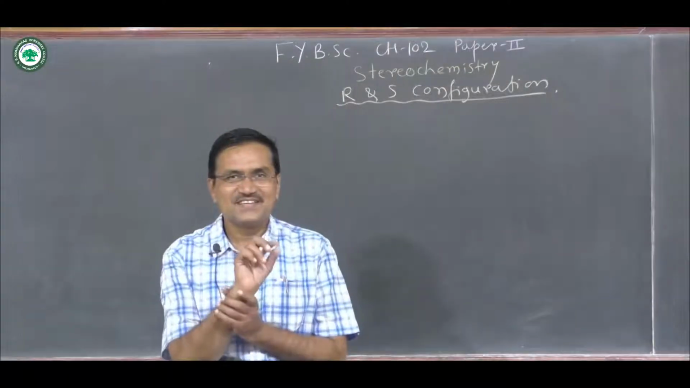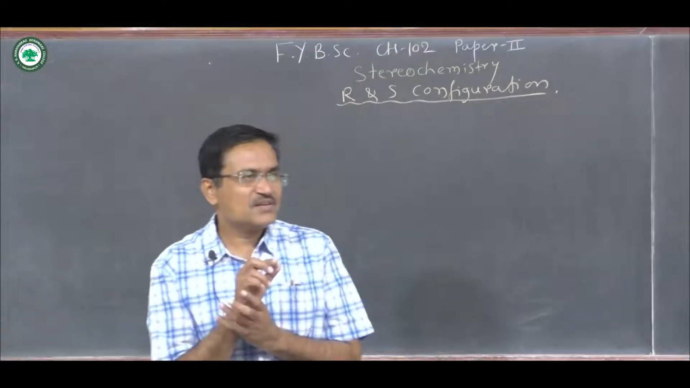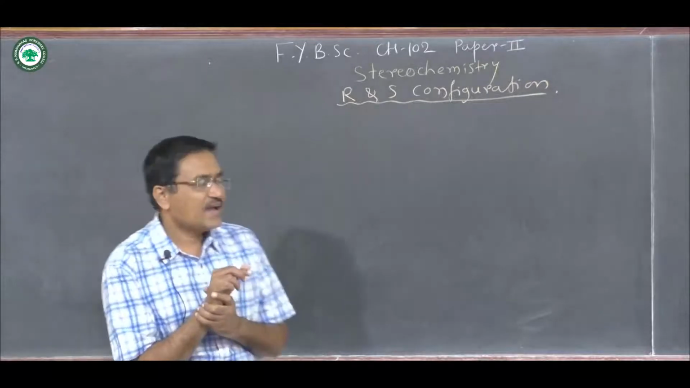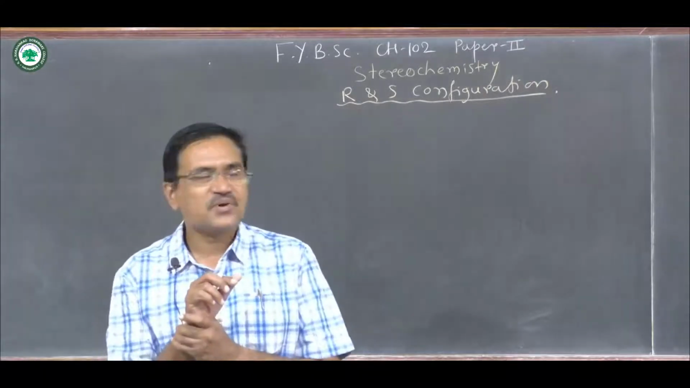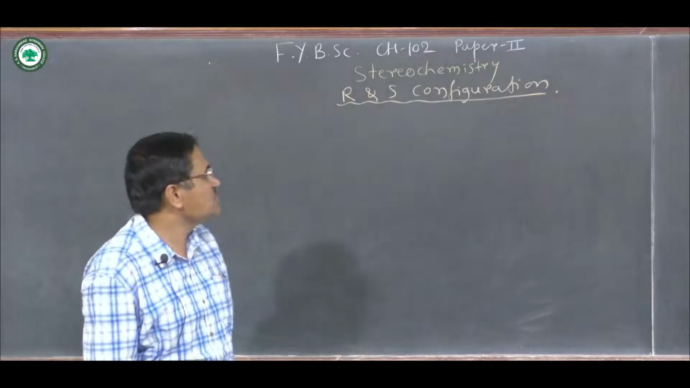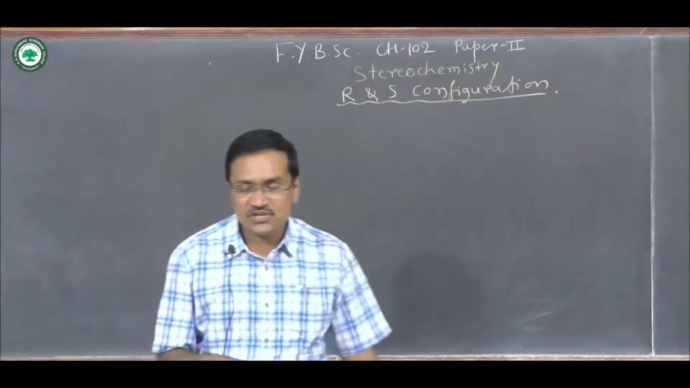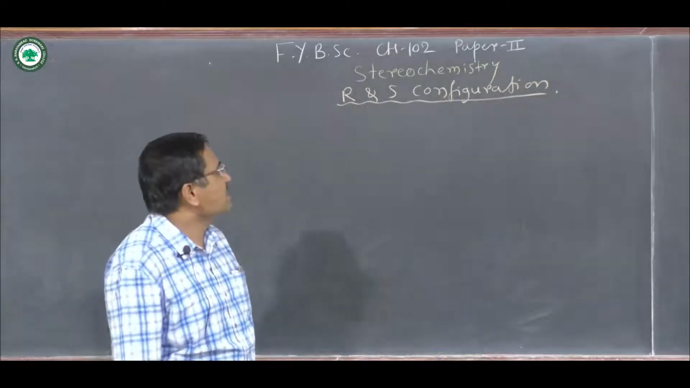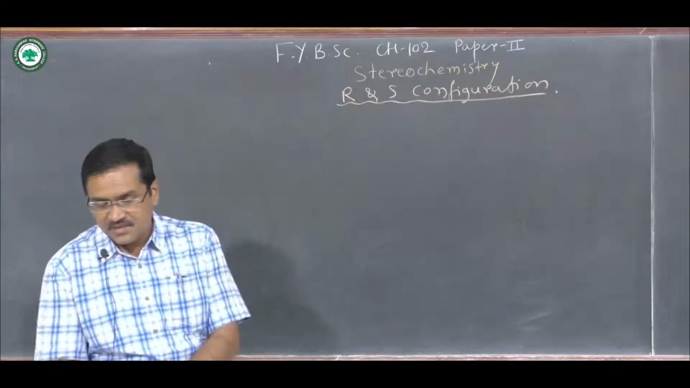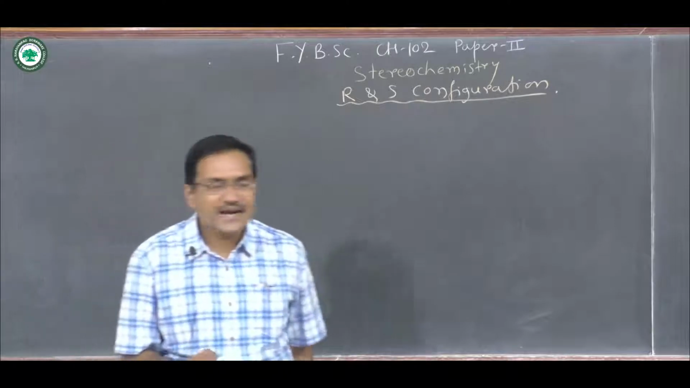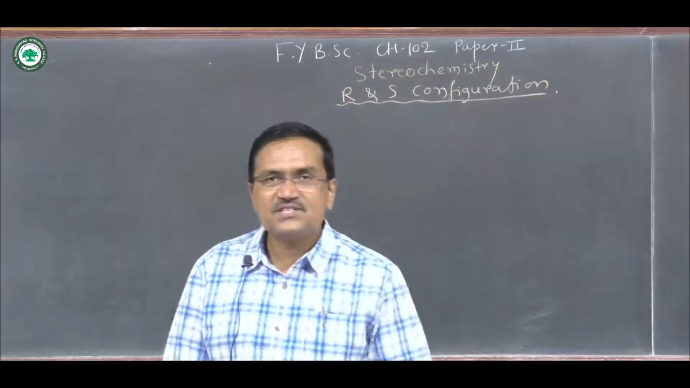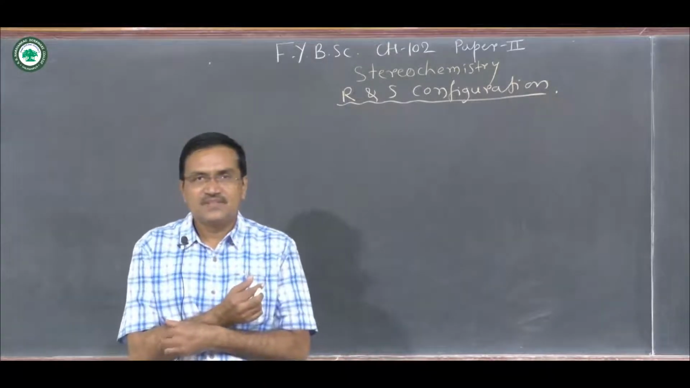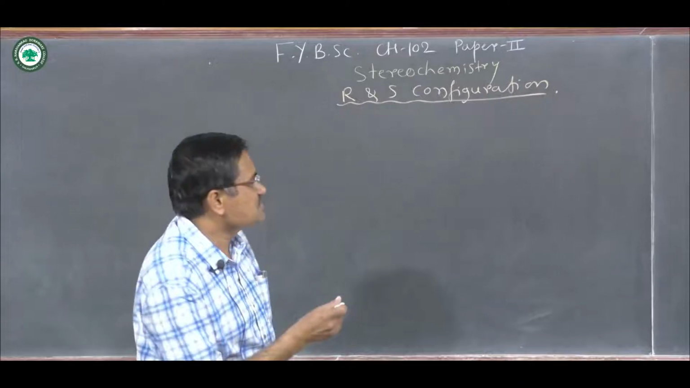Hello friends, today we will discuss the RS configuration, and this RS configuration is from the last chapter, stereochemistry. This stereochemistry chapter belongs to F.Y.B.Sc paper 2, that is organic chemistry. Now the RS nomenclature system is the naming system for optically active compounds, and this is developed by